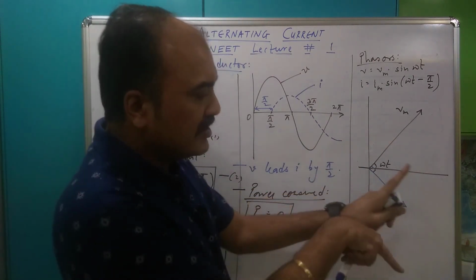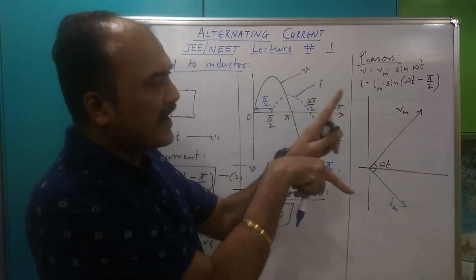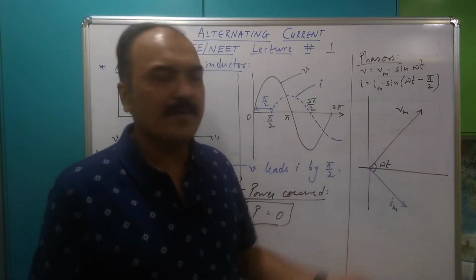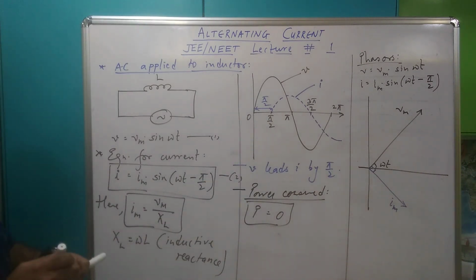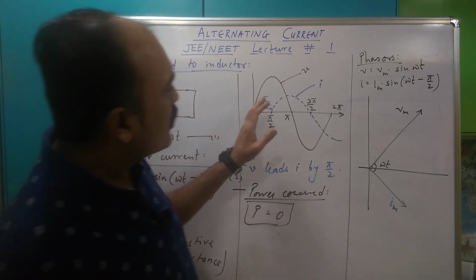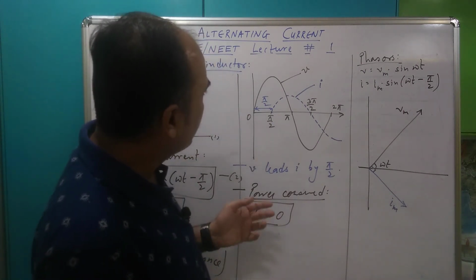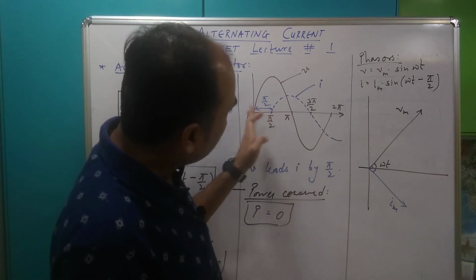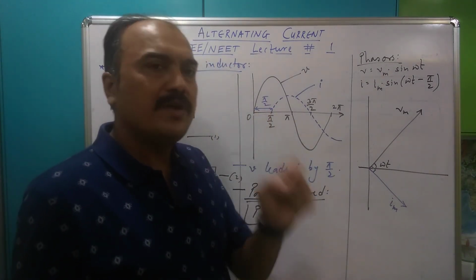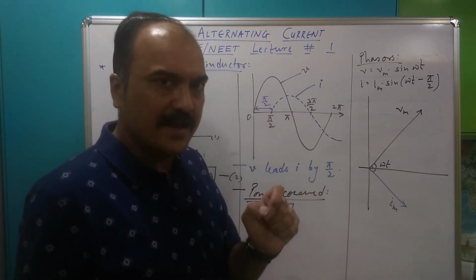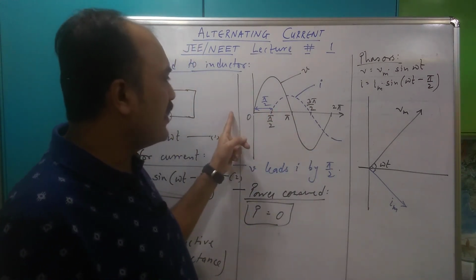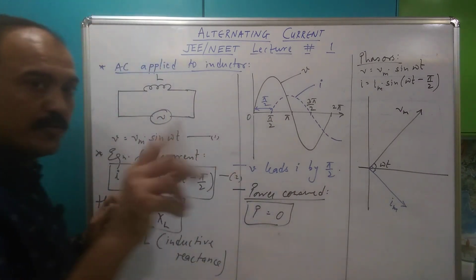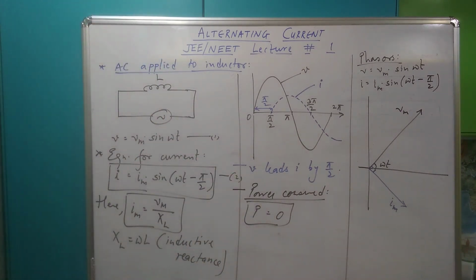So current, this is how they go. Current is always behind voltage, having a lag of pi by 2. So V leads I by pi by 2, or I lags behind V by pi by 2. This is the idea behind current and voltage. So you need to really see any graph properly. Now this is where voltage starts. This is where current starts. Current is starting after voltage. That means voltage is leading, current is lagging. If current had started from somewhere here, then we would say voltage is lagging or current is leading. So be careful about that. Just have a look.